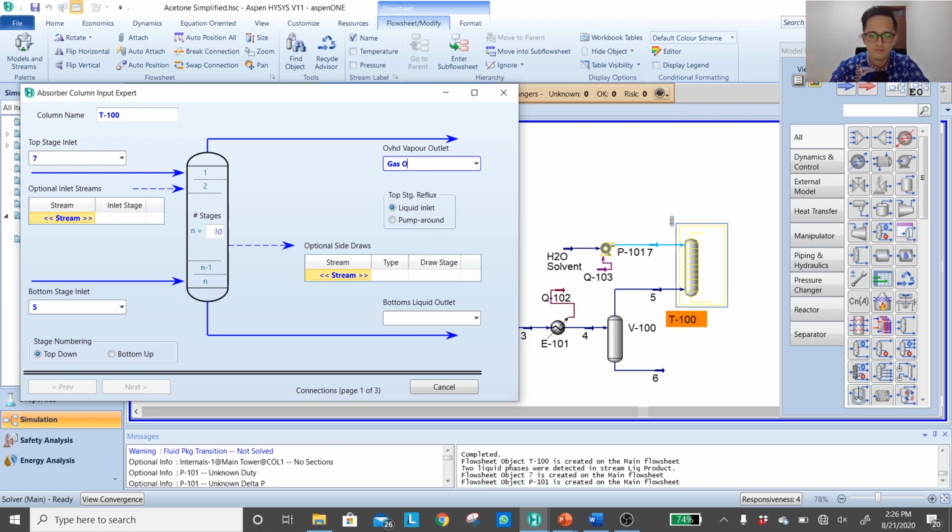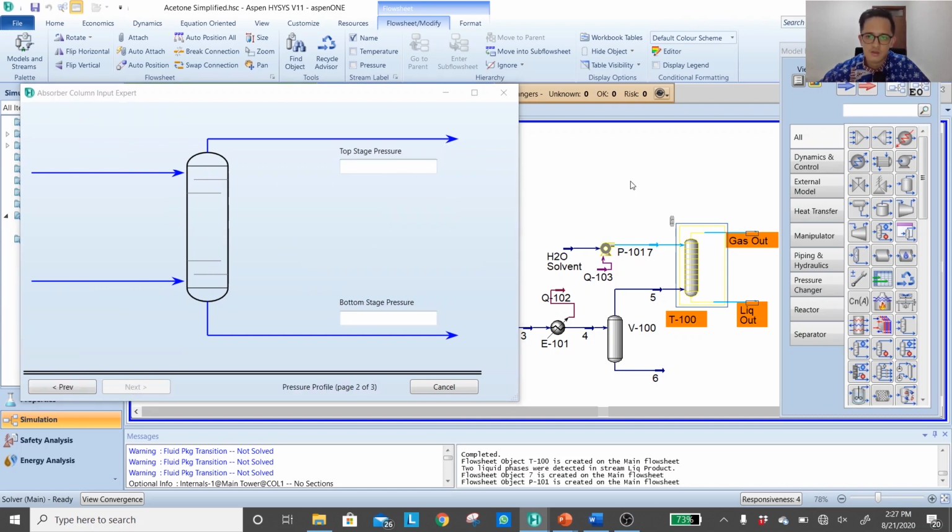Gas outlet, gas out, gas. The stage, it has to be gas. Okay, we don't have any shortcut. The higher the absorber, that means we provide more contact area between liquid and vapor. That means the separation efficiency is likely to increase. Okay, but it's gonna be more costly. So again, it's a matter of optimization. So yes, we can make the absorber for now.